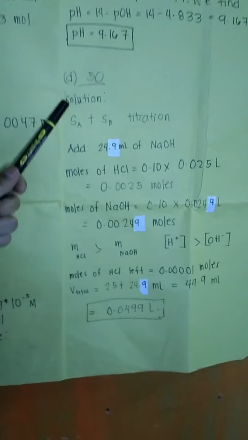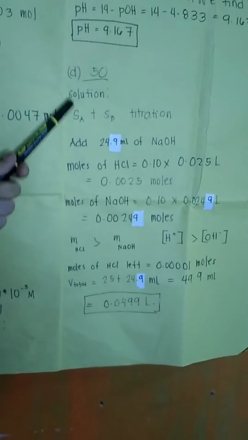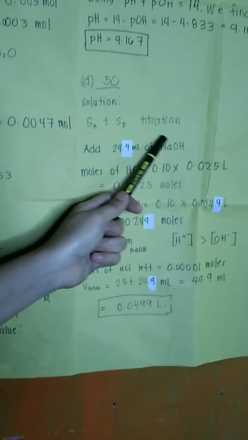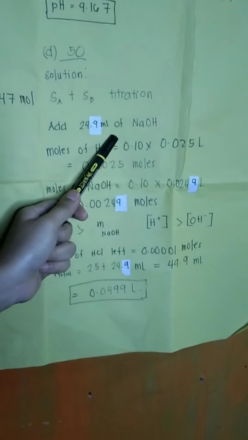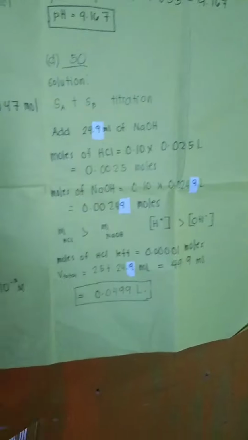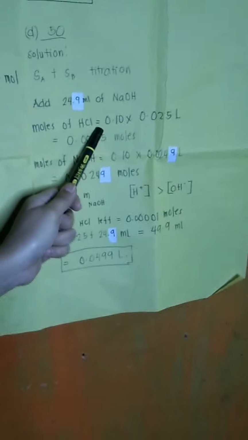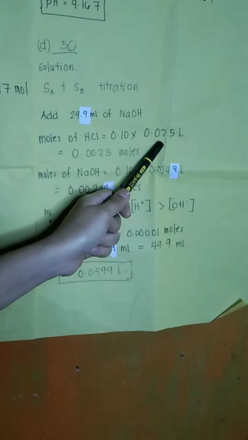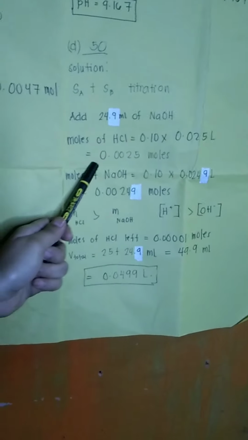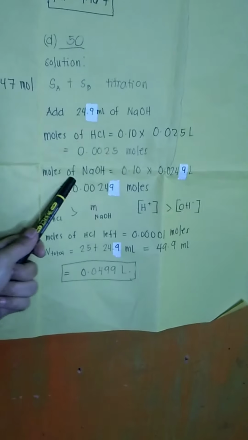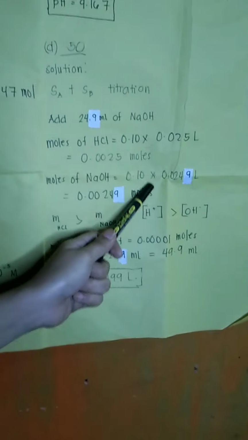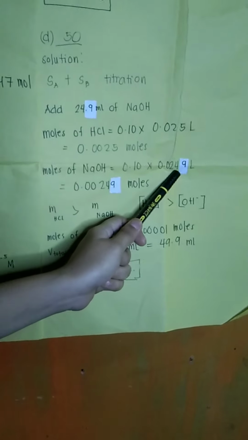Let's proceed to letter D, which is 50. And this is the solution of letter D. Strong acid plus strong base titration. We can add 24.9 ml of NaOH. Moles of HCl equals 0.10 times 0.025 liter. We can get the answer of 0.0025 moles. Moles of NaOH equals 0.10 times 0.0249 liter equals